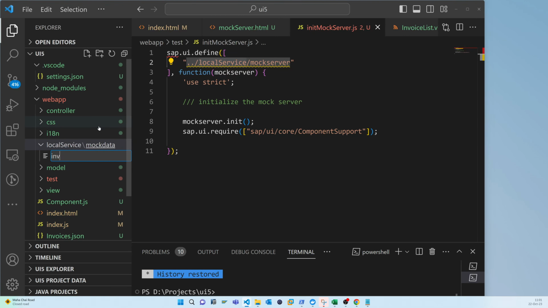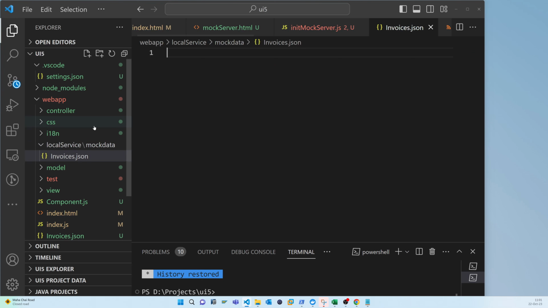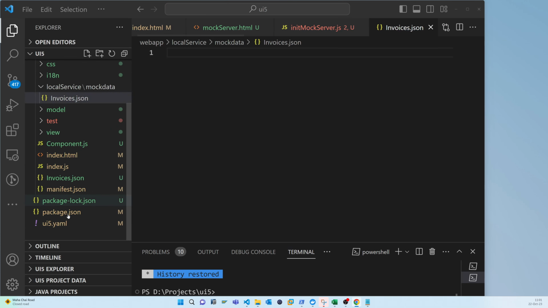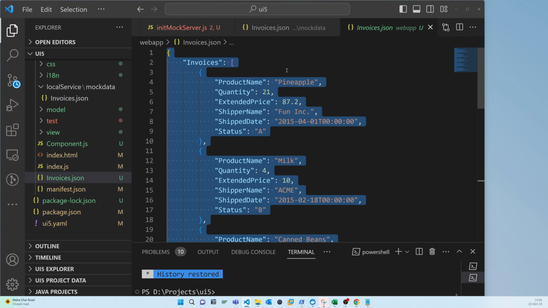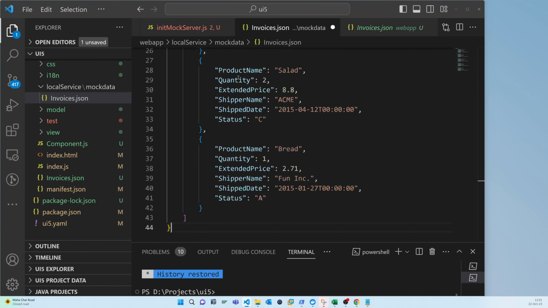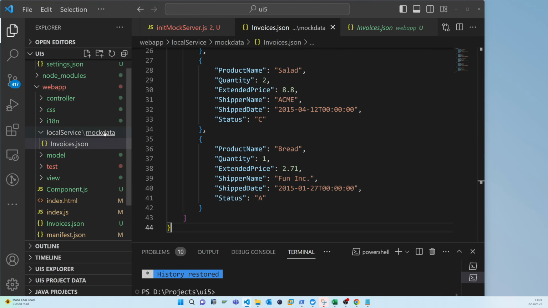Inside that mock data we have to create invoices.json. So basically what I will do, I just copy everything, like already there is a folder, so we'll just copy this file and paste the invoices. So now you can see that it is in the local service,